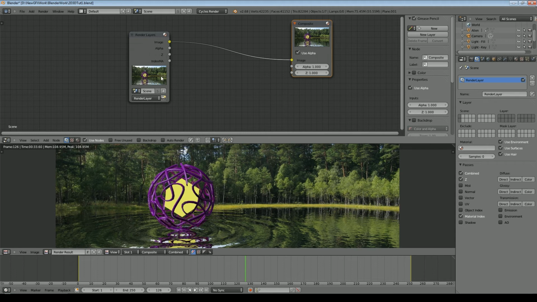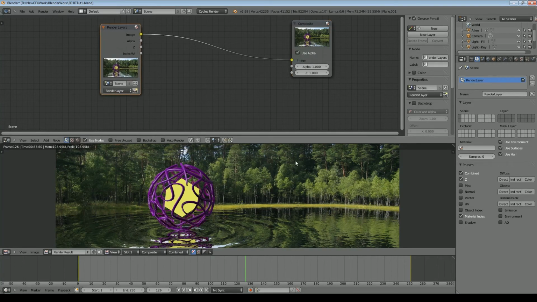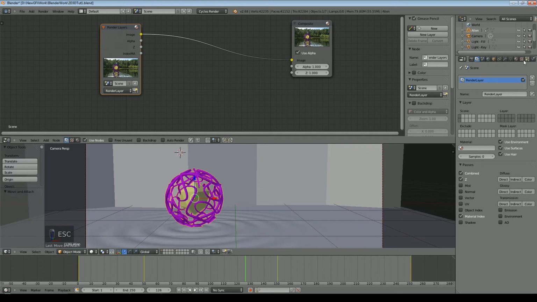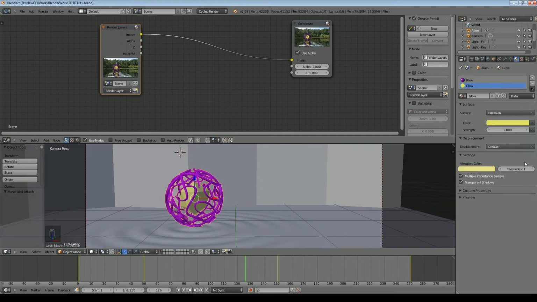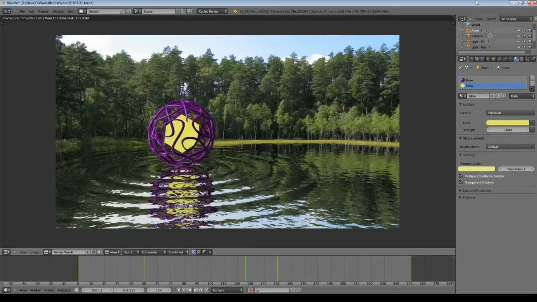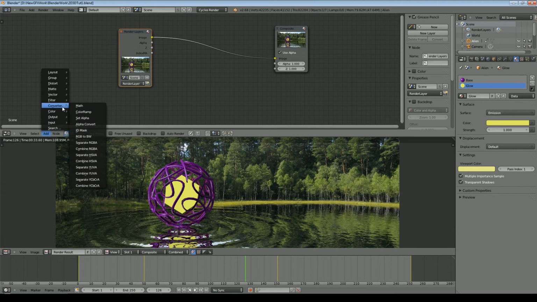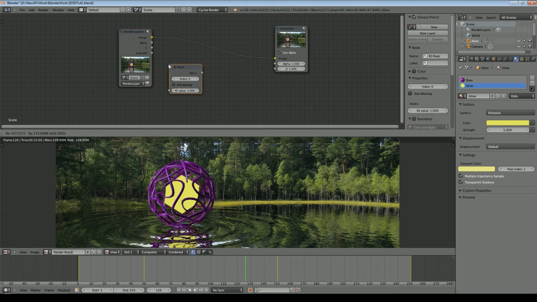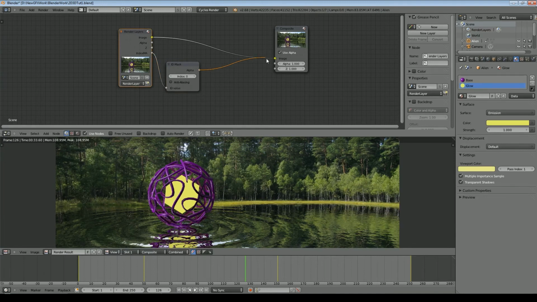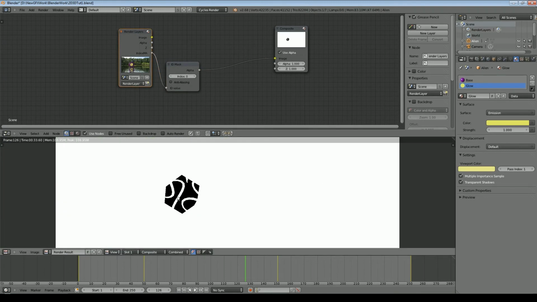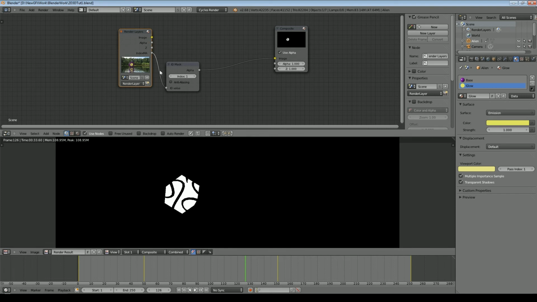Okay, so we've now got an index MA output, and if you recall, under the materials for this object, the glow material I set to index pass of 1. So if we now go back to our node editor and we use the converter, which is the ID mask, put that in there, and we'll just take that straight to the output to start with. Now because the little polygon in the middle there is the only object with an ID mask, in fact that's the only thing not selected. So if we set this now to 1, that is now the only thing being passed through, as it were, and if we put anti-aliasing on, it just smooths the edges a little bit.